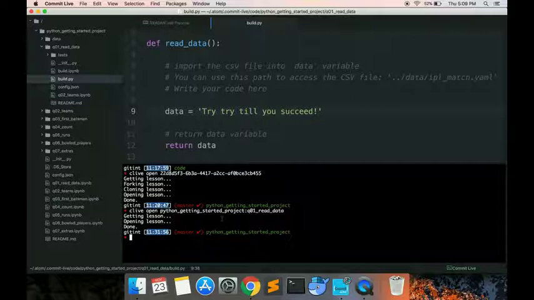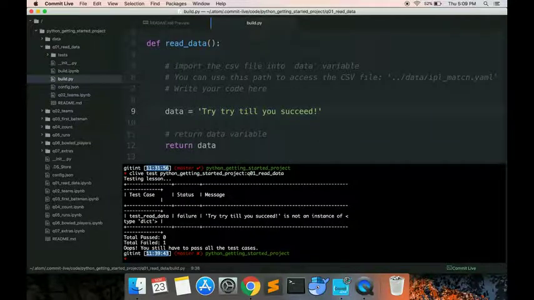But before that, make sure that your terminal is in the right project folder. In our case, it is the Python Getting Started project. Paste that command over here. After you execute the CLive test command, it will show whether your solution passed the test cases or not. If it fails, start coding again until you pass the test cases. I am pretty much sure that everyone will pass the test cases eventually, after which you will need to submit your solution to us and mark the assignment as completed.